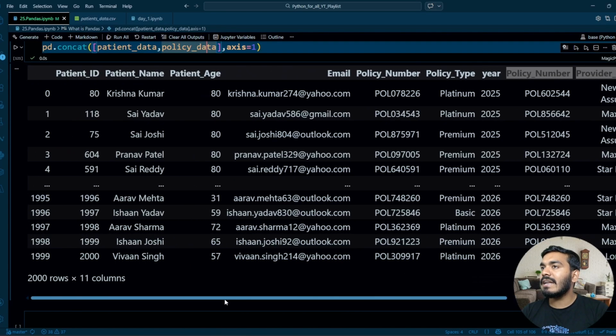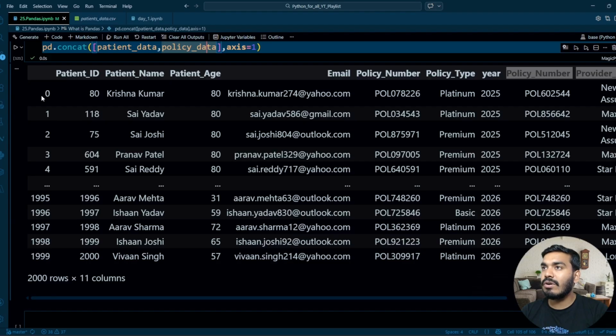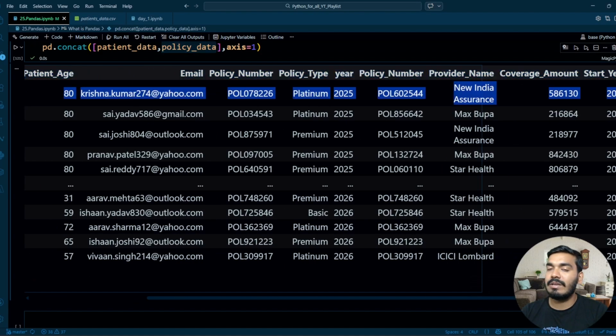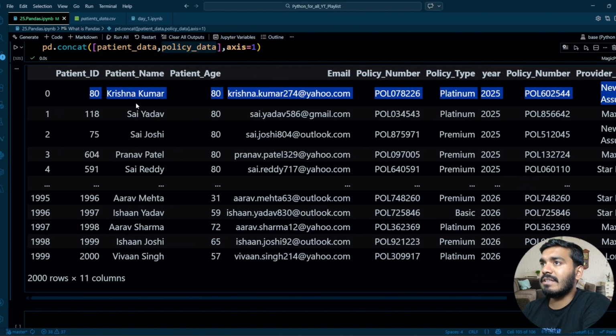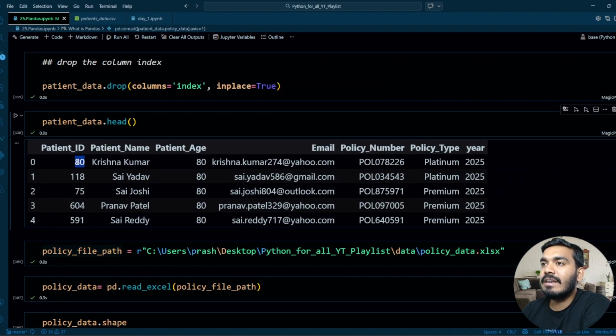Perfect. And this data has basically been aligned, or joined, or concatenated based upon the index. So index 0 of your patient data and index 0 of your policy data are combined. Now let's see. Patient ID 80 is at index 0. Patient name is Krishna Kumar. Age is 80 again. And the policy number is this one,